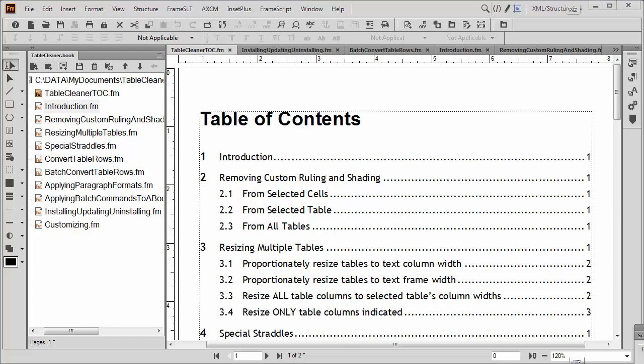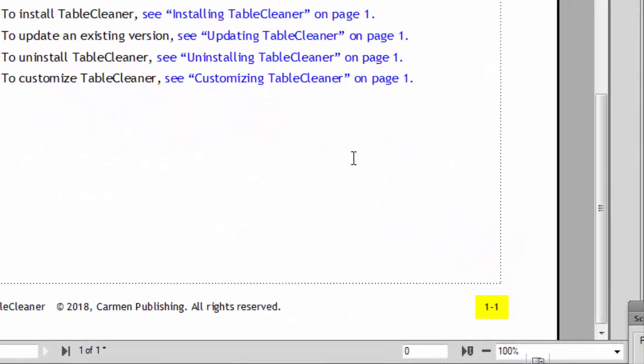All right, let's explore the situation where you may want to restart your page numbering for each chapter in your book. And this isn't quite as common anymore, but some people still use it. So for example, let's look at the introduction and let's look at the page number here. Say for instance they'd want this to be page